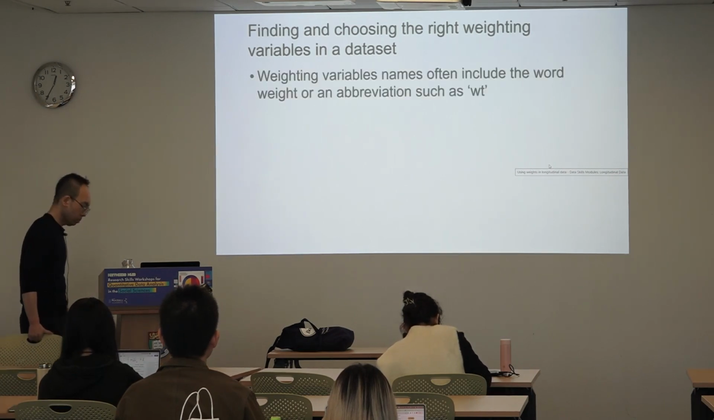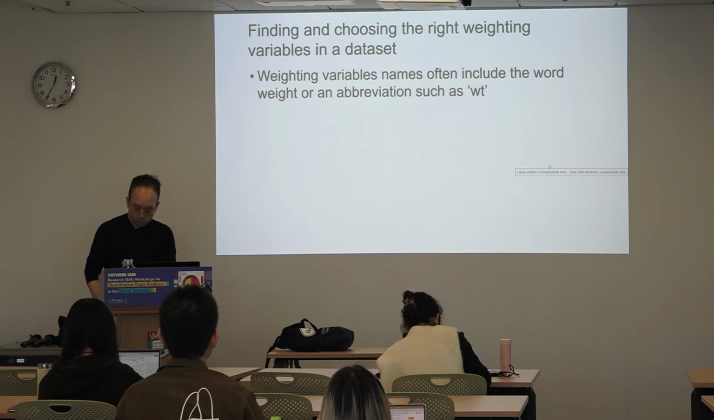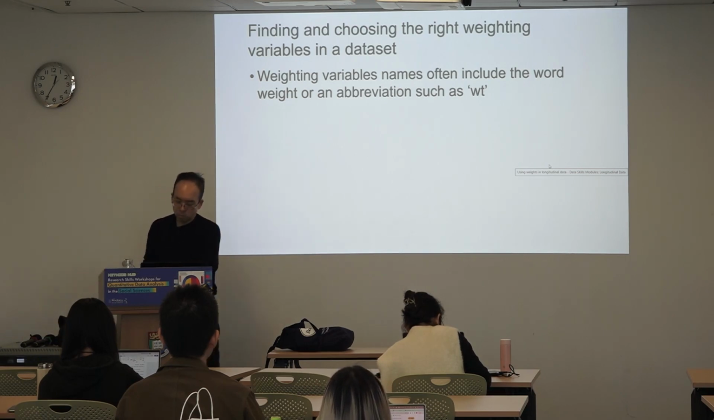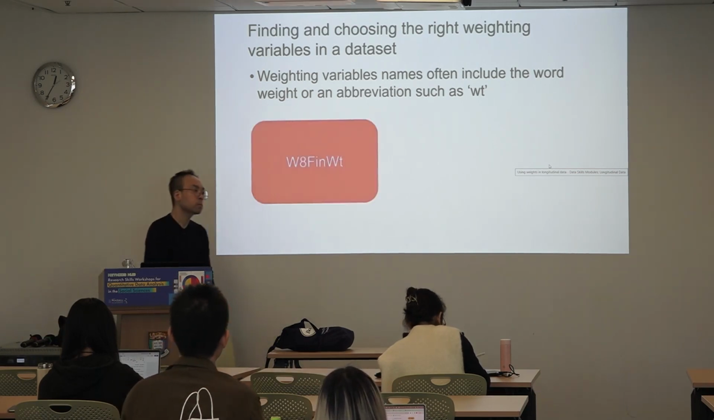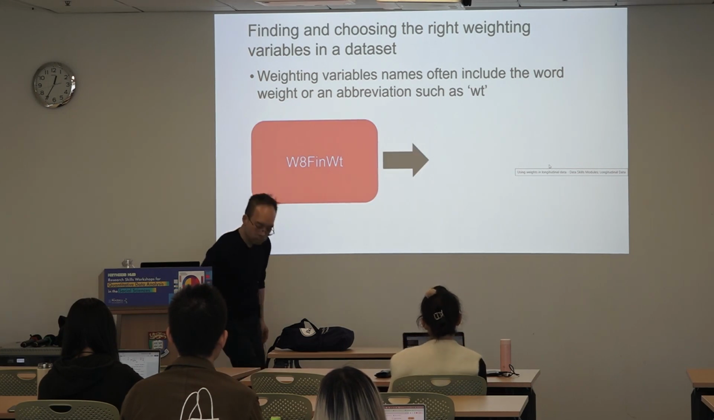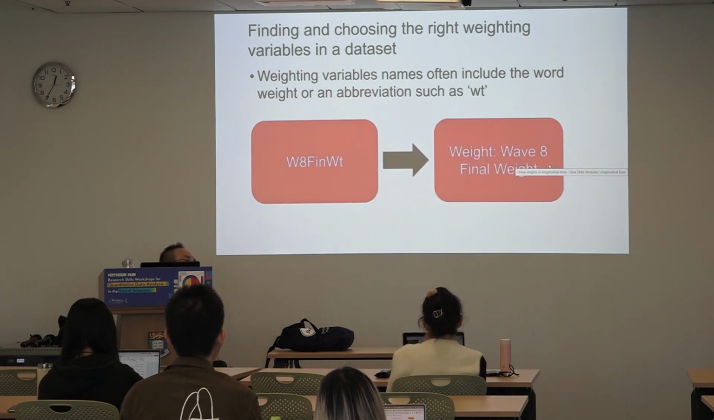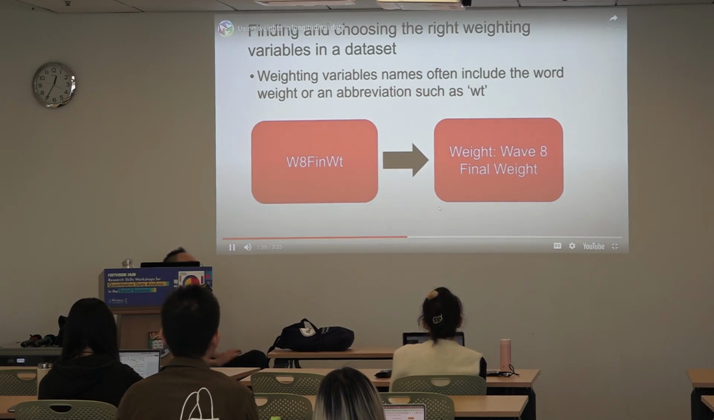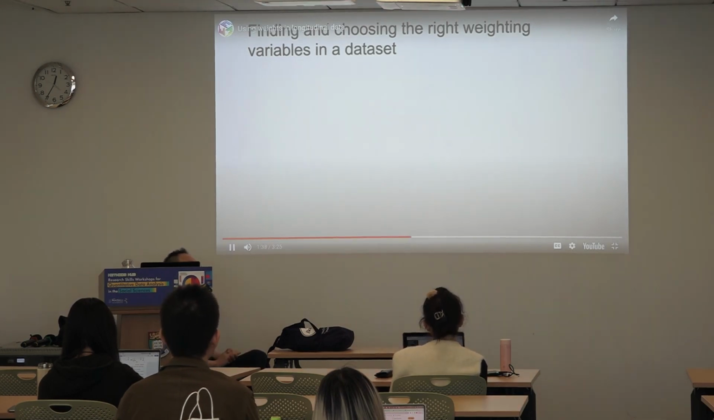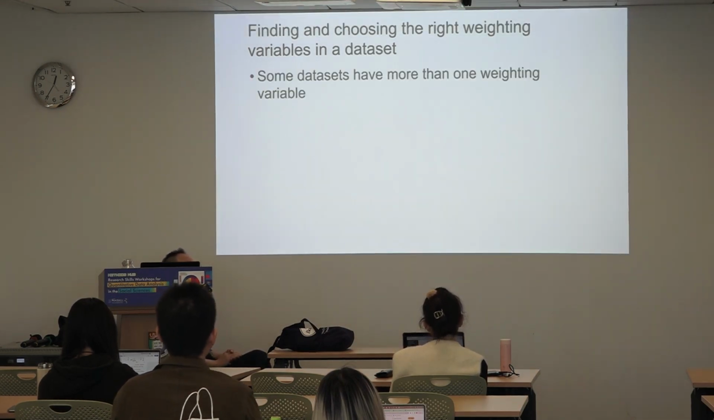Weighting variable names often include the word weight or an abbreviation such as WT. For example, W8FinWT is the Wave 8 final weight in the most recent wave of NextSteps, the longitudinal study of young people in England. Some datasets will contain more than one weighting variable, and this is especially common in complex studies such